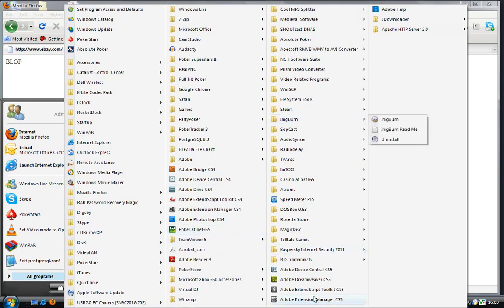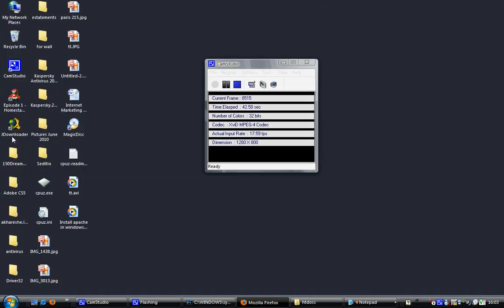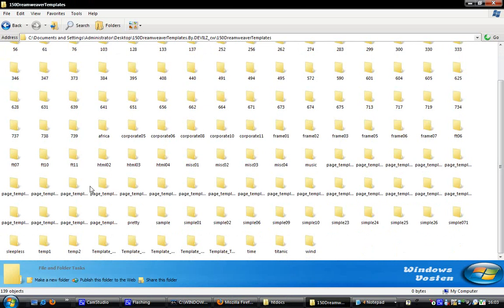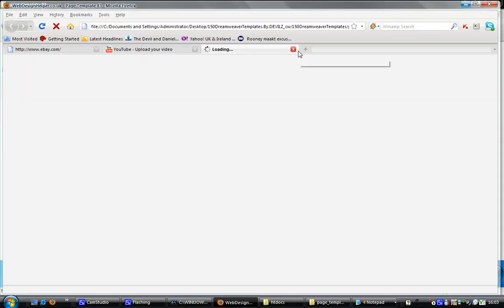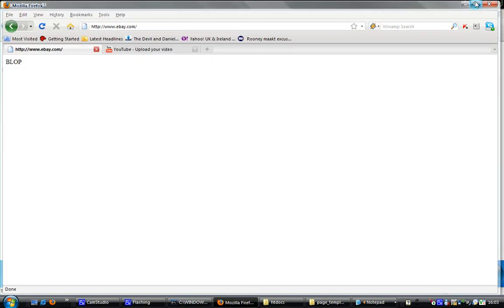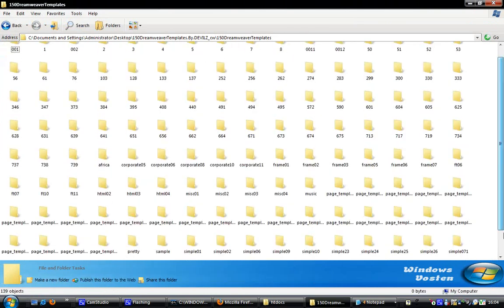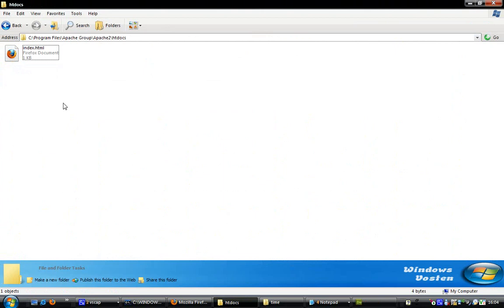So let me just start Dreamweaver. There we go. What I did is I uploaded a whole bunch of templates, and yes, they are extremely ugly, but at least it gives you a good indication of what you should pay attention to when creating a website. So let me just review. I want to have it as basic as possible with multiple pages, so maybe a simple one. I think this one here. Yes, this one here. What I'm going to do is copy this entire template folder over to my htdocs directory, and hence replace my